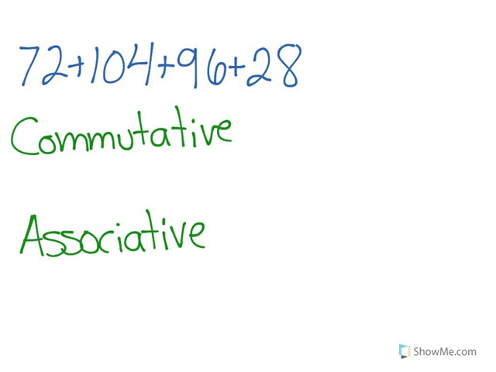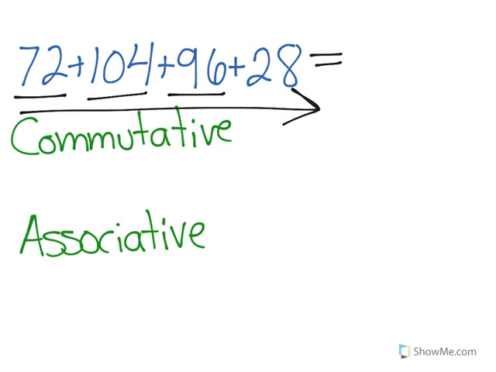You could of course do it the way you probably already know, which is just adding 72 plus 104 plus 96 and just going from left to right. However, we already have some properties that we can use which will make this addition a lot easier. So in this case, you might notice that you can rearrange these values in a way that would make addition